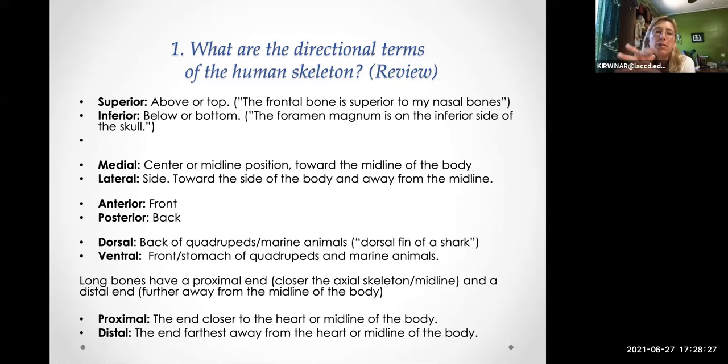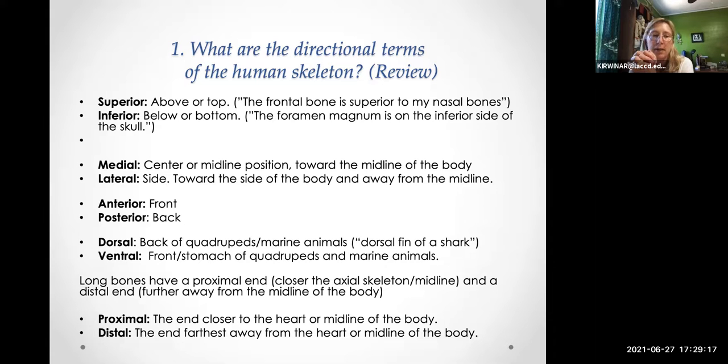Okay, so it's really important that you guys review the directional terms of the human skeleton before we get started, or things won't make sense. So what is the word for above or top? Superior. What is the word for below? Inferior. What is the word for in the middle or the center line, like the middle of the skull, or the center facing direction of the proximal end of the femur? Medial, M-E-D-I-A-L. What is the outside sides of, let's say, the pelvis? Lateral. So lateral means side, medial is center, front, the word for front is anterior, the word for back is